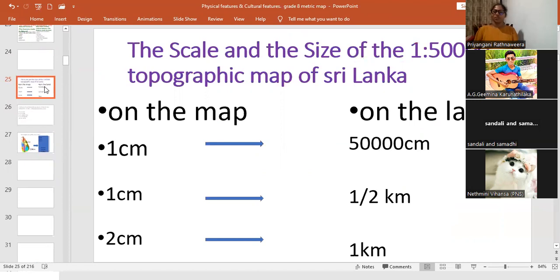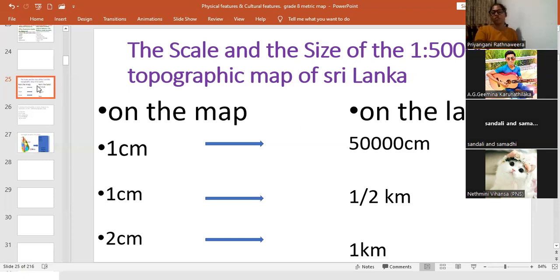What is the type of question that can be seen in your paper? What is the type of map? Calculate the length of the road. Yes, calculation of the length of the road or length of the rivers, or you have to find the area. If you don't know this, you can't find the area or length in kilometers. You have to write the area in actual land. So you have to write the length or area in kilometers.